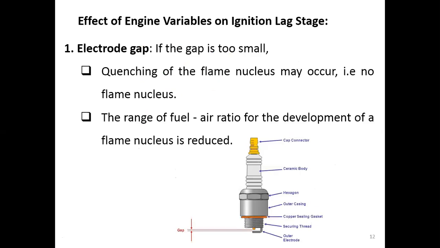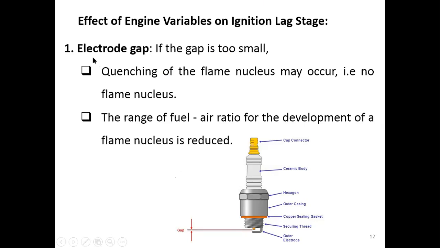Okay, so that is the normal combustion, which consists of three states of combustion. The first one is the ignition lag state, and the flame propagation state here. And the last one is the after burning state here. Okay, so let's look at the effects that engine parameters or variables have on the normal combustion. Start first with the effects on the ignition lag state, the first state of the normal combustion.